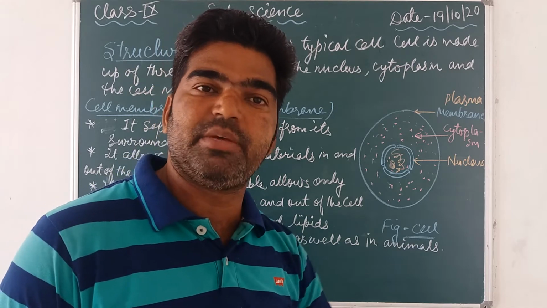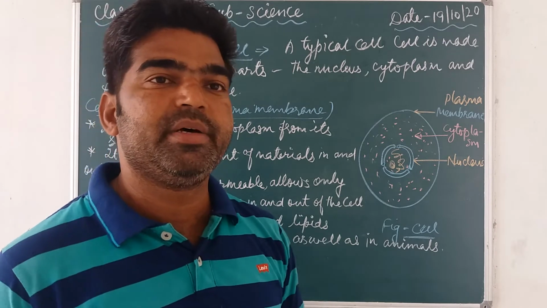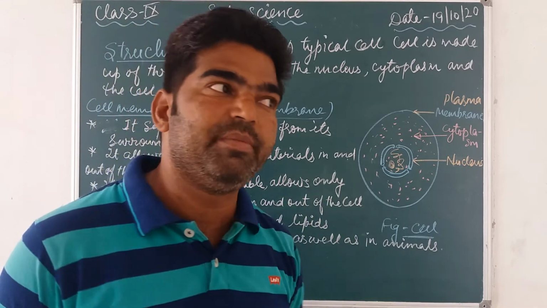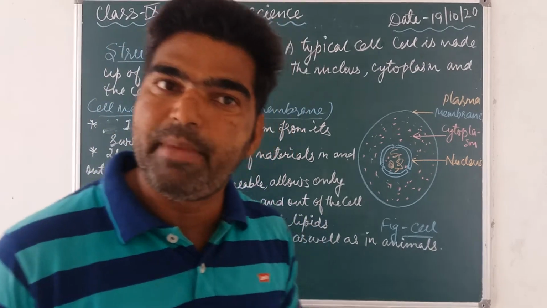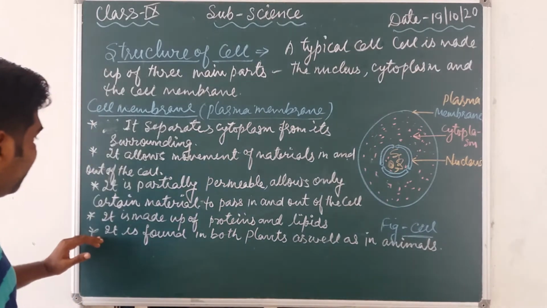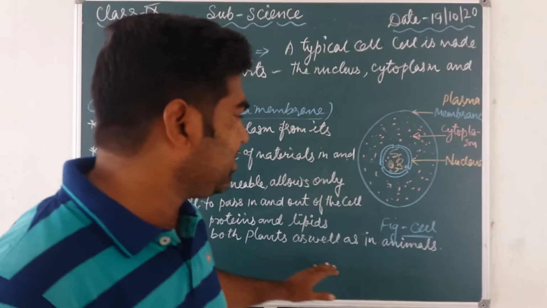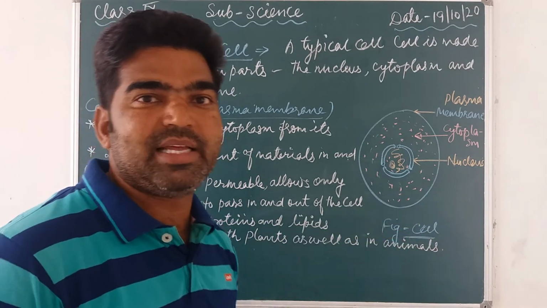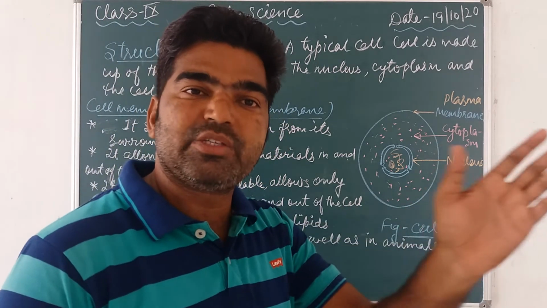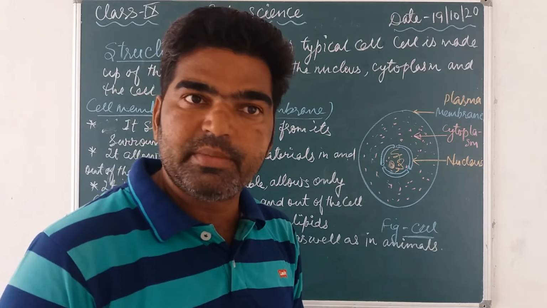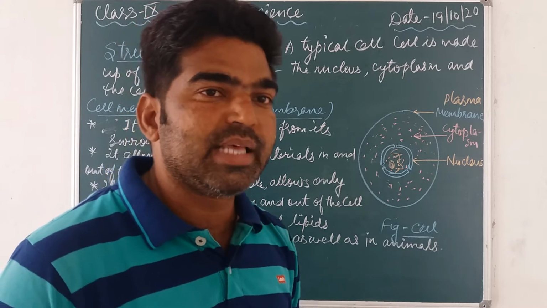So membrane biogenesis means the process or phenomena of formation of cell membrane or plasma membrane with the help of proteins and lipids, which is formed by the smooth endoplasmic reticulum. So this phenomenon is called what? Membrane biogenesis. Now next, it is found in both cells, as I discussed earlier. That means it is found in the plant cell and animal cell, but the position of the plasma membrane, in the case of animal cell, is the outermost covering, but in the case of plant cell it is the second layer after the cell wall.